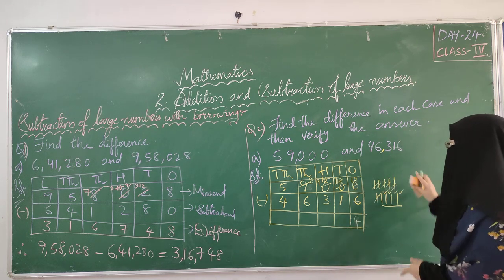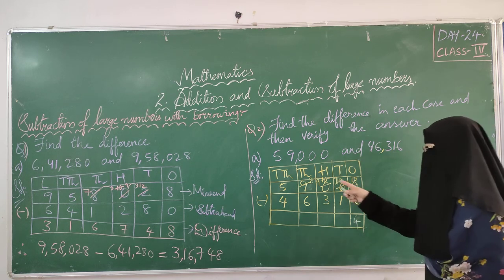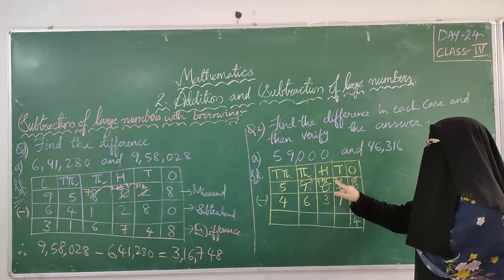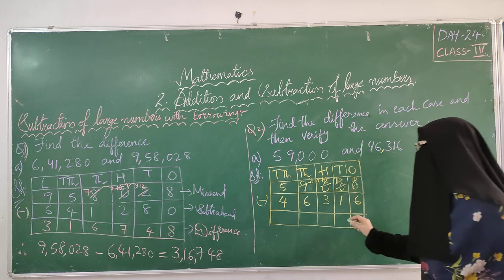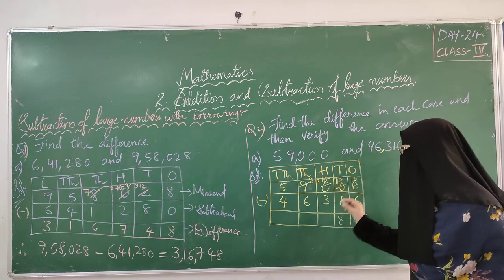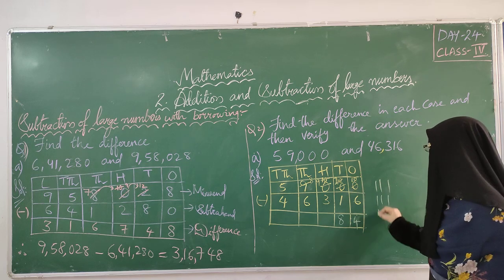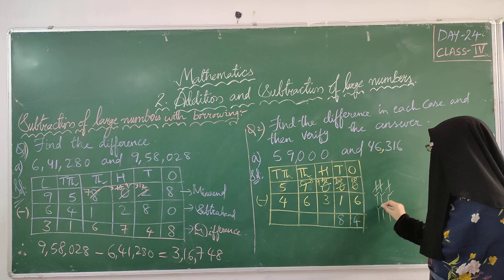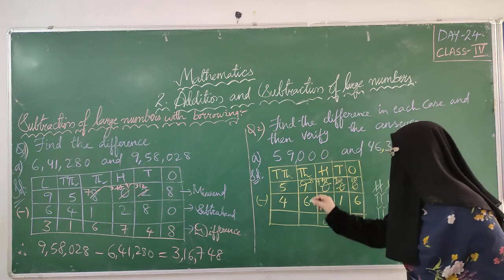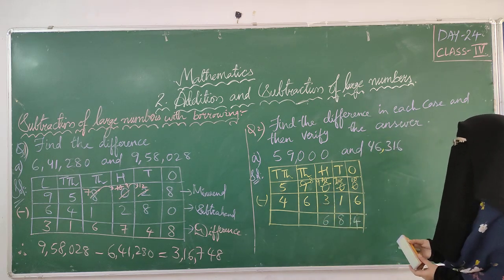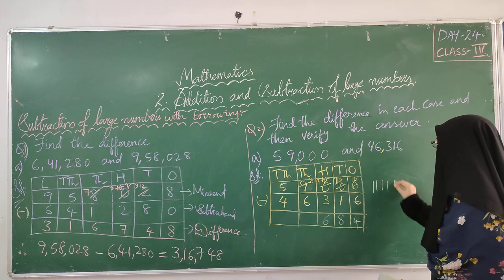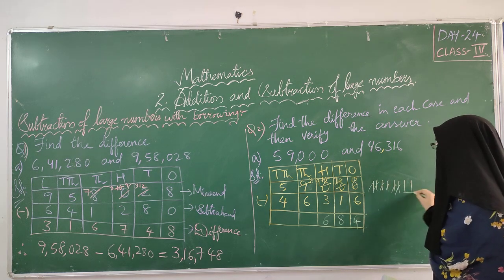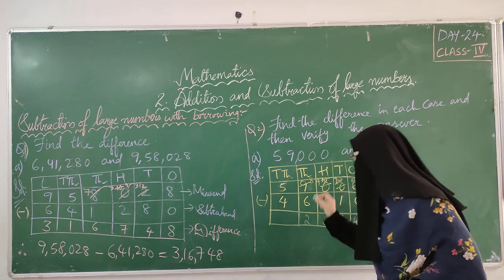Okay. Next one. We have to remove 1 from 9. Our current number is 9, right? We have to remove 1 from 9. If you are removing 1 from 9, we will get 8. 8 minus 3. These are total 8, I am removing 3. How many are left? 1, 2, 3, 4, 5, 6. Okay. Put 8 lines. Remove 6. How many are left? 2.